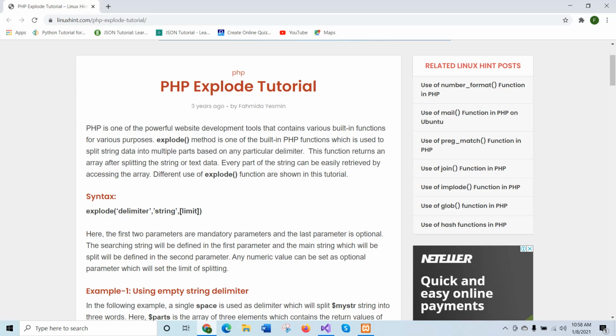In this tutorial, I will show you the use of the explode function in PHP, and it is the opposite of the implode function. That means it will work on any string value and split it into an array of values based on any delimiter. First of all, I will explain the syntax of this function, and it can take three arguments,